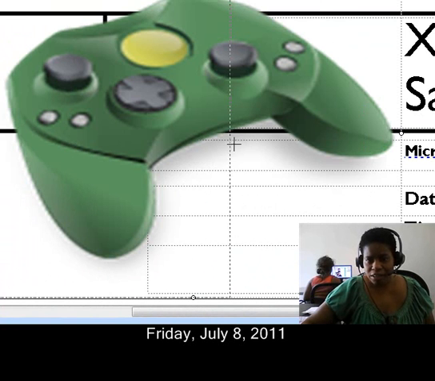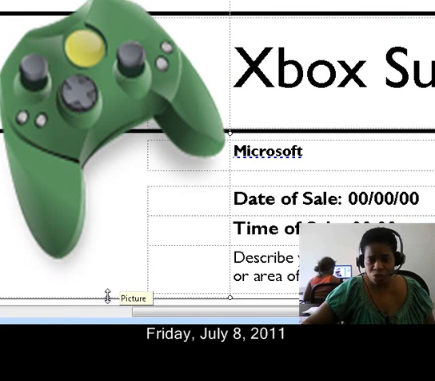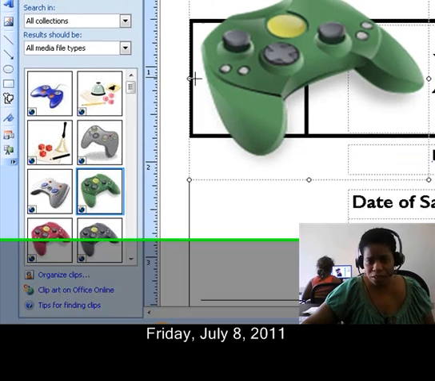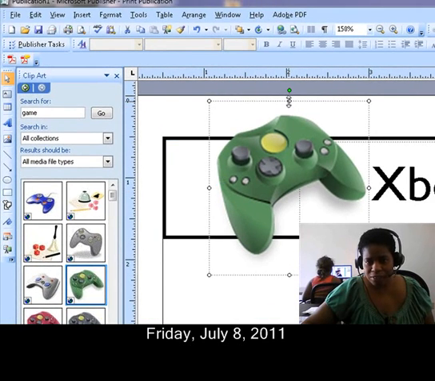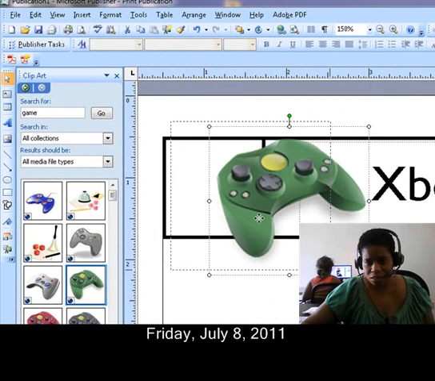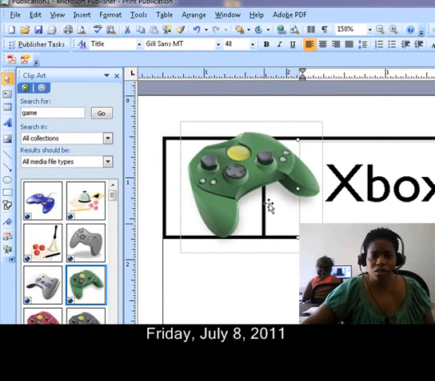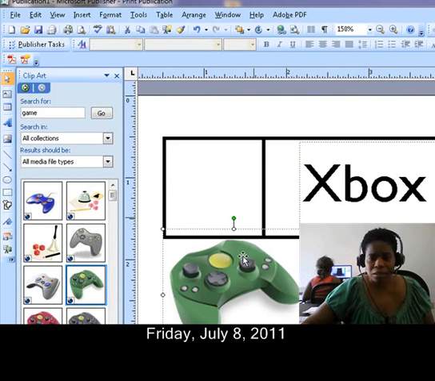Okay, so we're going to choose to resize it, and you resize it by using these handles, these sizing handles, and you can move up, and you can shrink, and you can just navigate it like this. And there you go. There's your picture of your Xbox. You can either put it right here,